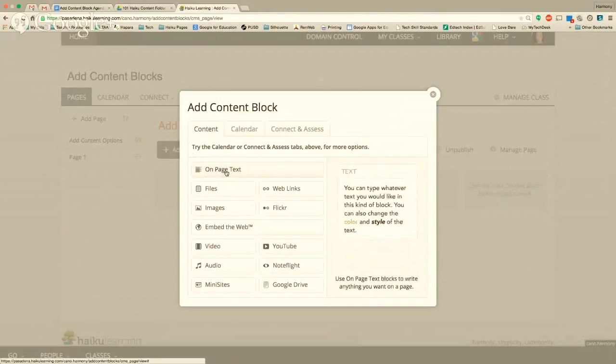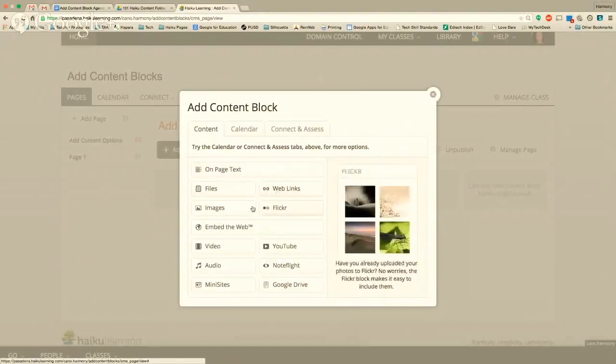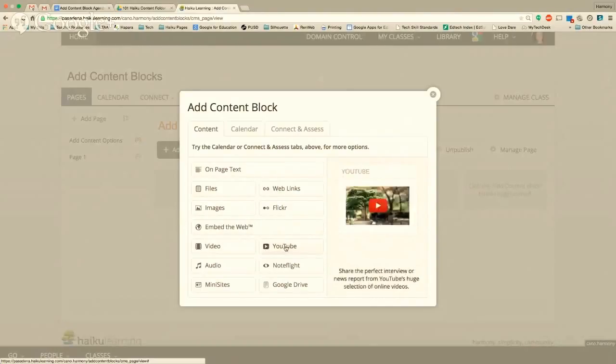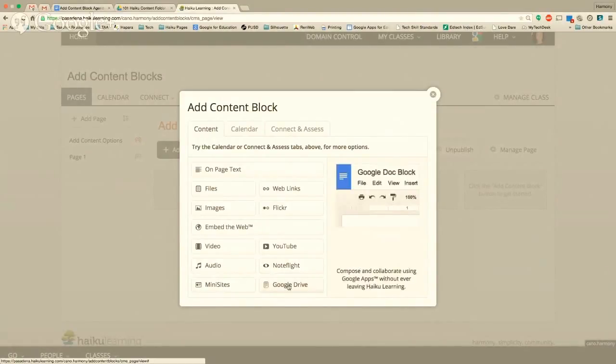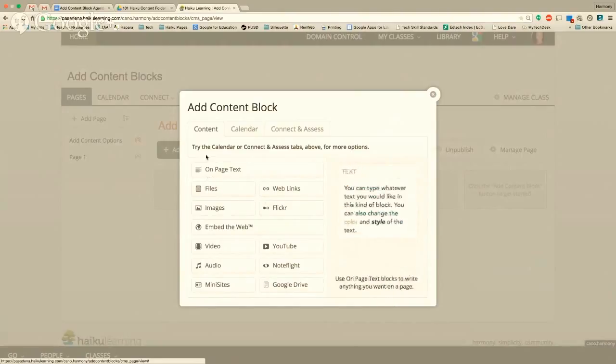We have on-page text, files, web links, images, Flickr, embed the web, video, YouTube, audio, Noteflight, which actually our district hasn't purchased, so we don't use this. This is for specific musical programs. And then we have mini sites and Google Drive. So we're going to walk through all of these today, and then we'll explore these next two items, calendar and connect and assess, before we're finished here today. So the first one,